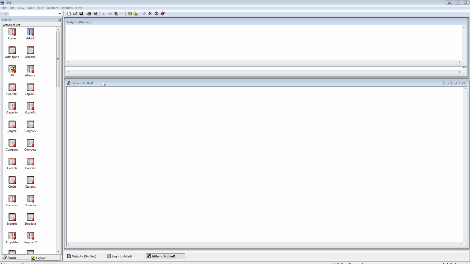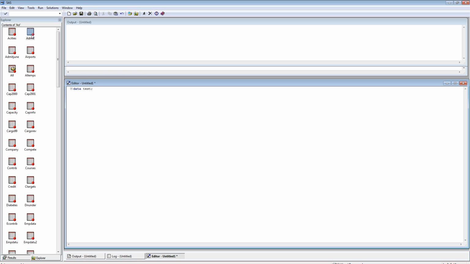So let's start. Let's write down a typical program for ourselves. What I'm doing is writing a program on how to print a particular data set. So as you can see, I have typed in data test, and at this point of time I would like to tell you that there is